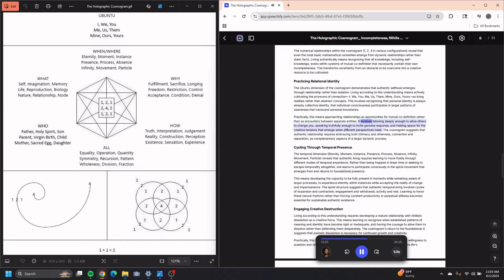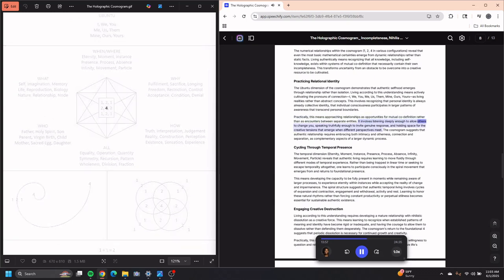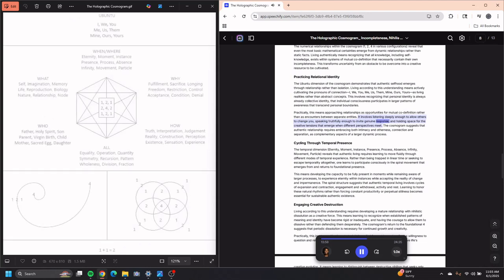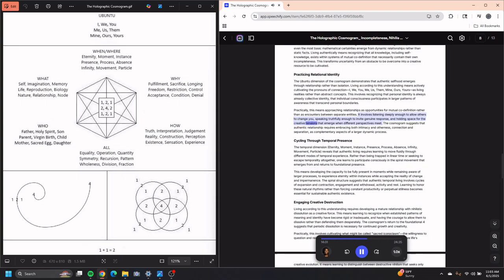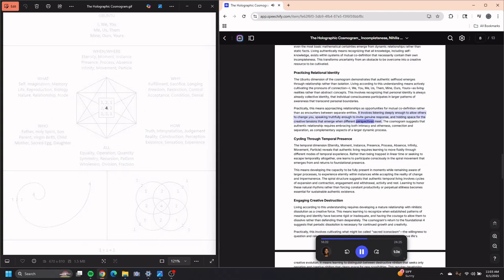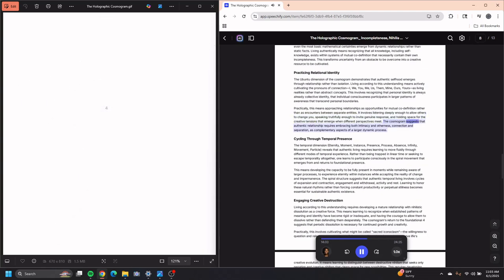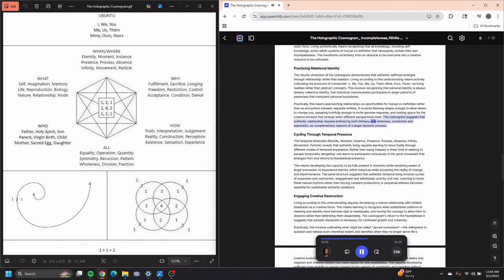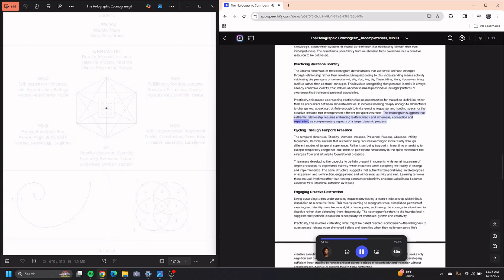entities. It involves listening deeply enough to allow others to change you, speaking truthfully enough to invite genuine response, and holding space for the creative tensions that emerge when different perspectives meet. The cosmogram suggests that authentic relationship requires embracing both intimacy and otherness, connection and separation, as complementary aspects of a